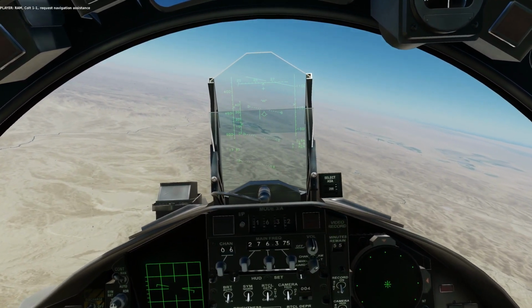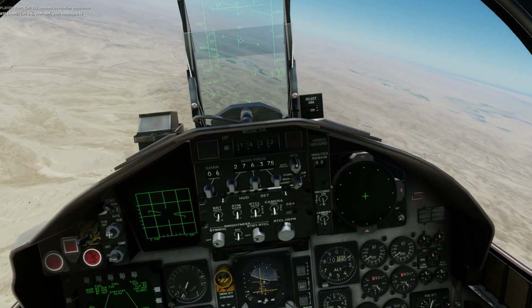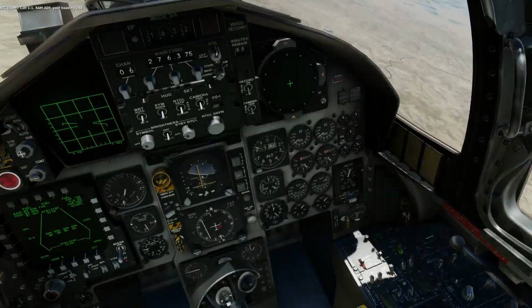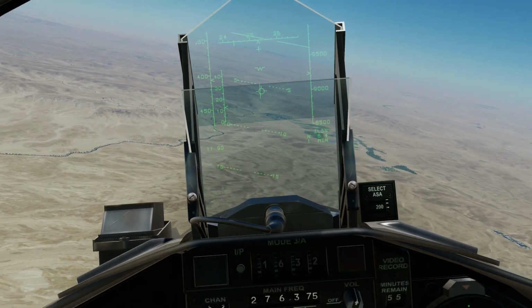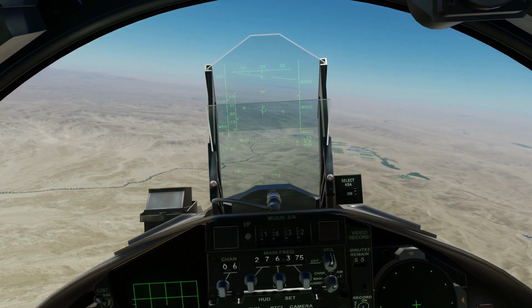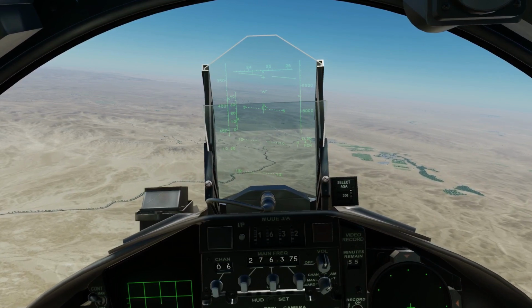Colt 1-1, request navigation assistance. Turn off jamming. Colt 1-1, DCS, you're heading 246. That's right. Yep, that's the right airbase. 7,000 pounds on the dot now, so that's right. The fuel gauge is right. It's good. So about half internal fuel, which is good. Should make landing a bit easier. Just need to...